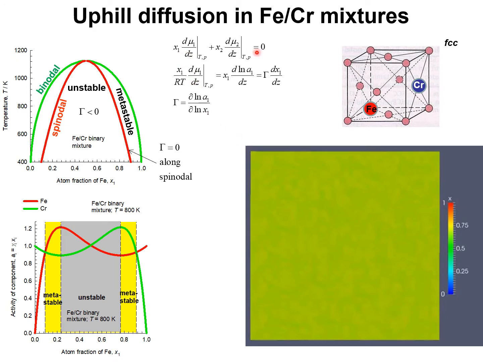Applying the Gibbs-Duhem constraint, we note that there is only one chemical potential gradient that is independent, and we can write the chemical potential gradient in terms of the gradients in the atom fraction by defining a factor gamma, which is a thermodynamic correction factor defined by this expression. Gamma can be calculated from information on the